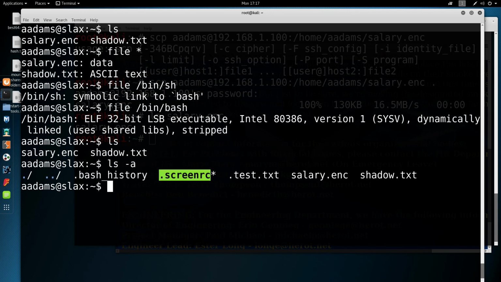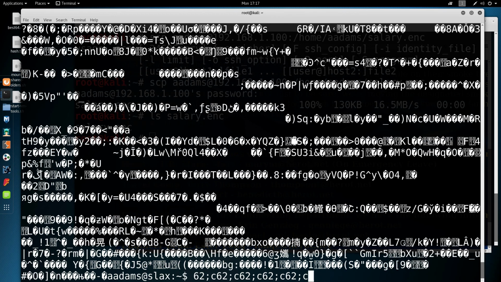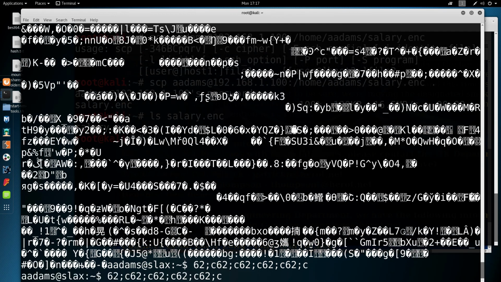There's .screen. This is a way to add functionality when you remotely connect to a machine, to a server. So that's not particularly interesting. Then there's .test or test.txt, so let's check that out. I think this is just another data file. It's probably